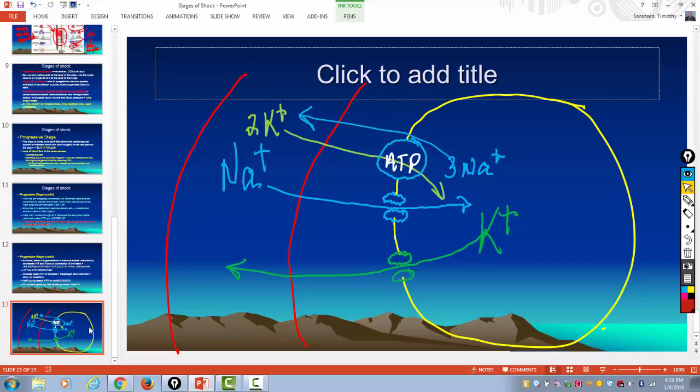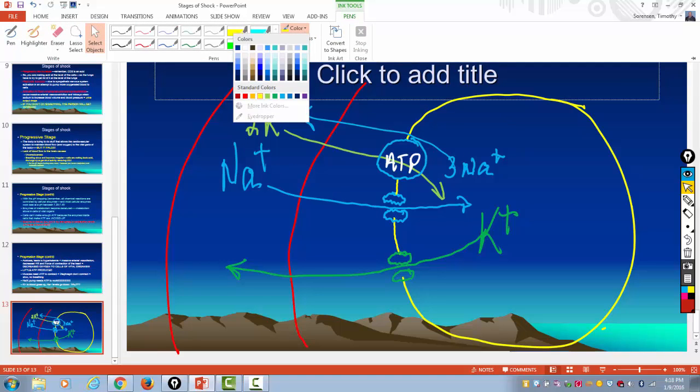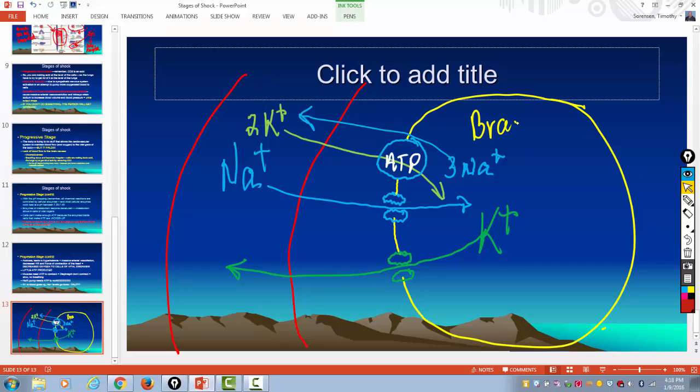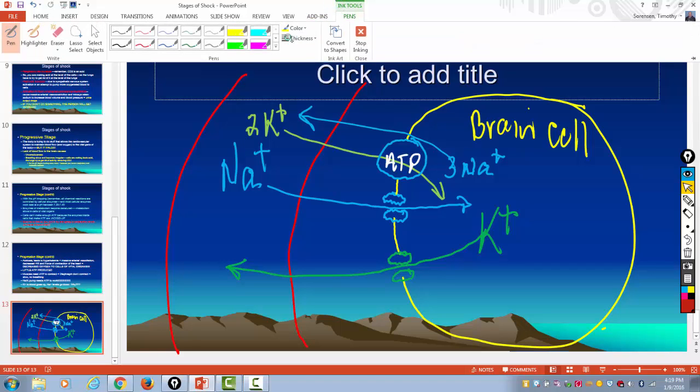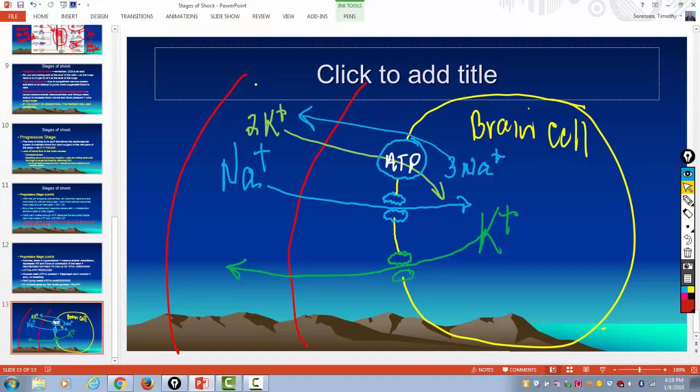Now, if you remember from anatomy and physiology, you got the capillary, you got the cell. In this case, this is how we really die. So we'll call this a brain cell, right? The brain cells are the most sensitive to changes in pH and in fluid shifts because the brain is encased in the skull, and the central nervous system, brain, and spinal cord do not have a lymphatic system. So any fluid shifts cause devastating effects in the brain and spinal cord. So watch. As the shock progresses to the irreversible stage, that's the last stage of shock,